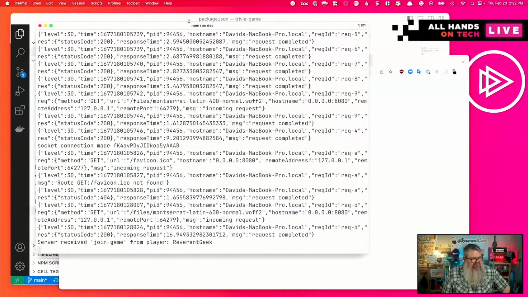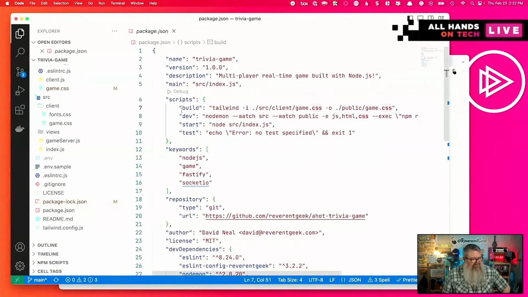So we've got some logic to take care of on the server side, allowing more players to join, and at some point deciding either manually or automatically there are enough players to start the game. And so, this is a competition style trivia game. So in the source code, there's a source folder, and we've got